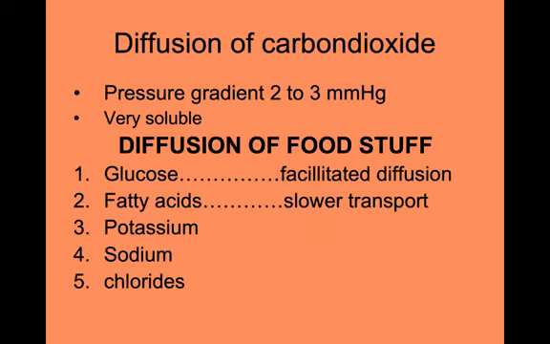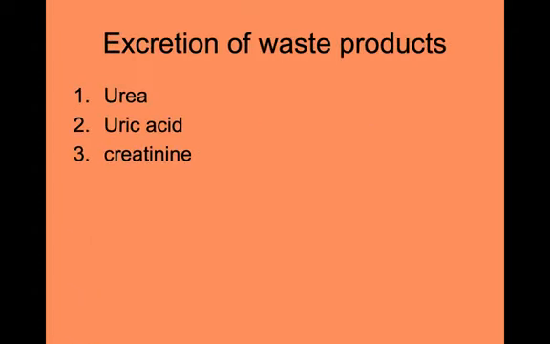Now, as I've already mentioned, the transport occurs through diffusion. For example, soluble gases like oxygen and carbon dioxide pass through the lipid soluble membrane. Some lipid soluble substances like fatty acids can also be transported through the lipid soluble membrane. Glucose needs facilitated diffusion. This is how it's transported. And some other ions also transport through diffusion.